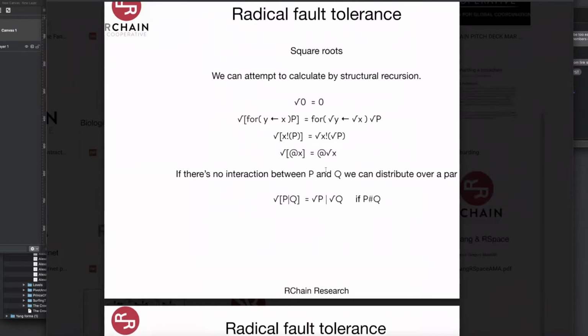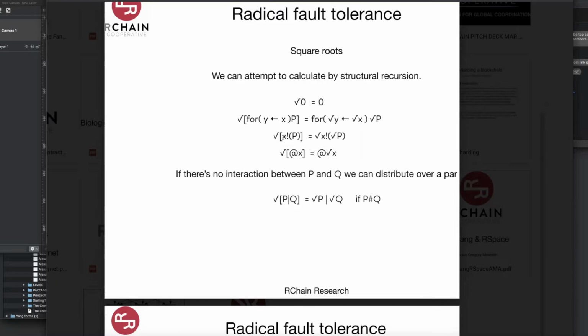So here's the proposed definition, right? So obviously 0 par 0 is 0, so the square root of 0 is 0. And we do something funny here so that we avoid bound name issues, because we want to pass the square root through to the continuation. But if the continuation mentions y in a head position, like in a free position, we'll take the square root of it. So we change the variable at the same time. So that's just worth noting.